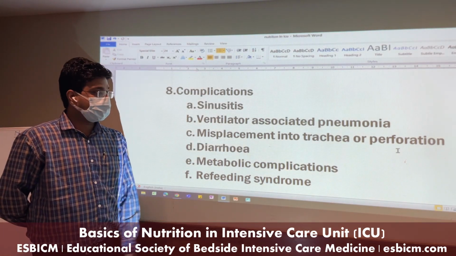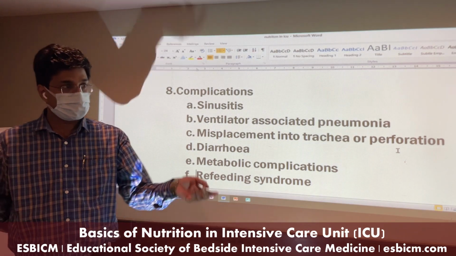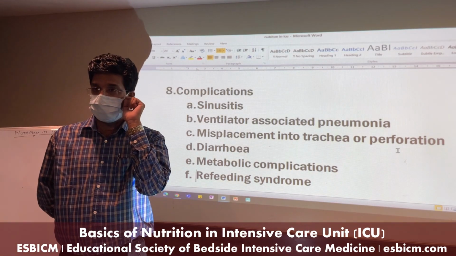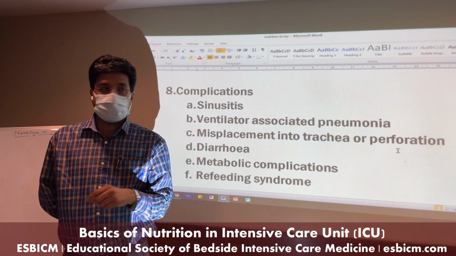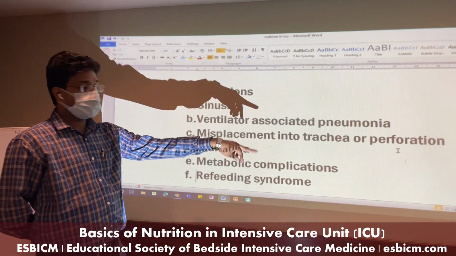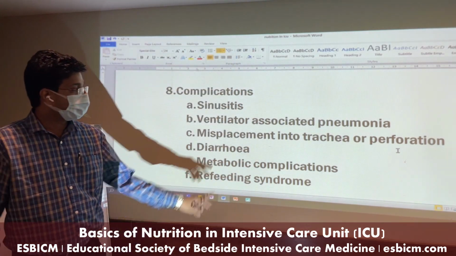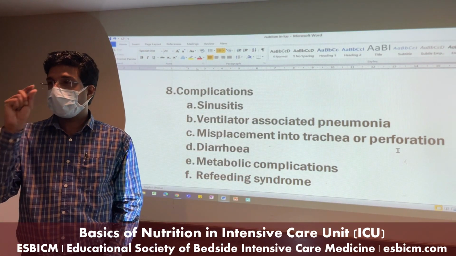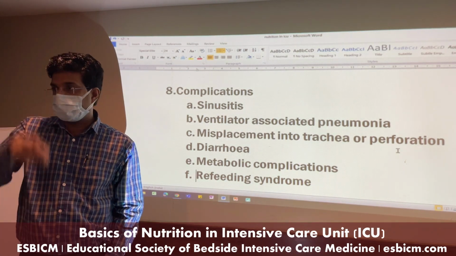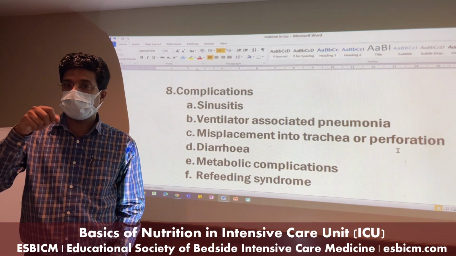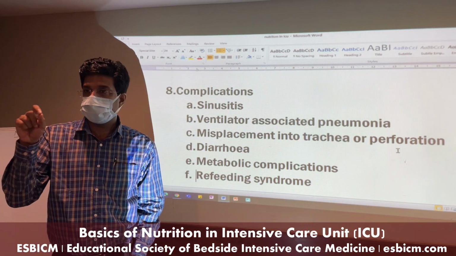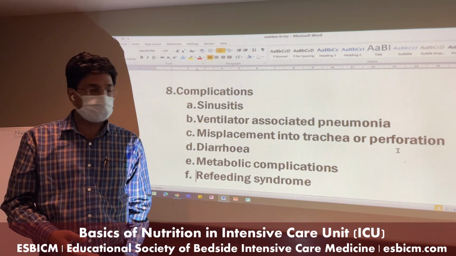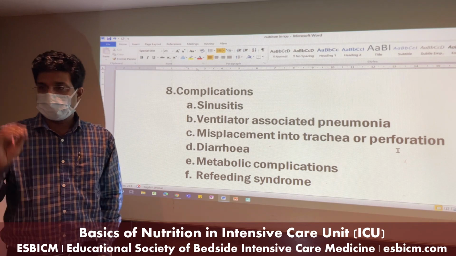Misplacement into the trachea and perforation. We have seen that if you apply too much pressure, it can perforate the trachea, and it can get misplaced into the trachea also if you have not checked properly. Perforation is more common with fine-bore tubes which require a guide wire to get inserted. If they are not inserted under supervision or endoscopy guidance, they may perforate. In the market different tubes are available, but the concept is to apply lots of jelly,